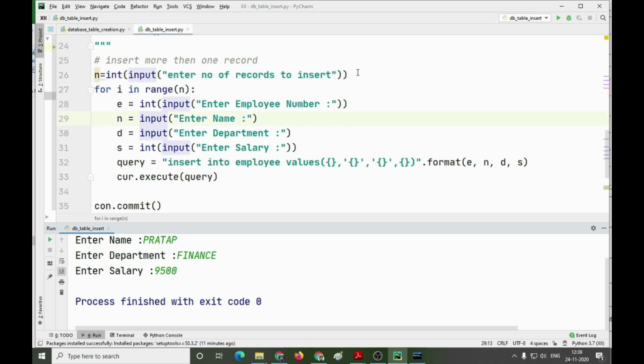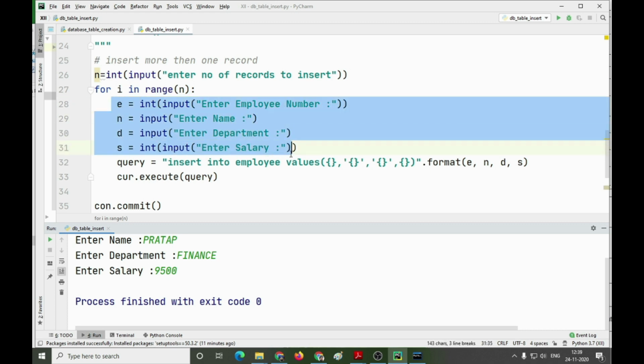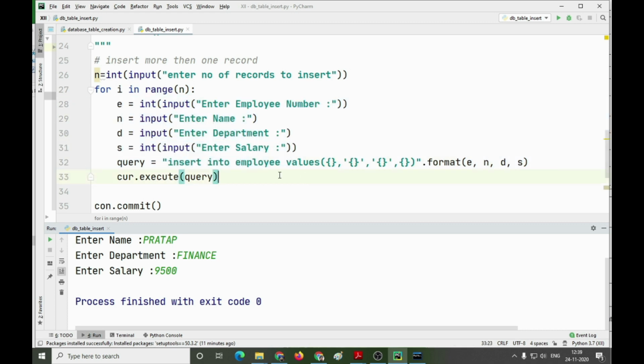First of all we are accepting the number of records to be entered into the table. We are accepting it into the variable n, then running the for loop that many times, accepting values into the variables, and again using the same previous technique in which we send the values in the form of variables, and then executing the query.